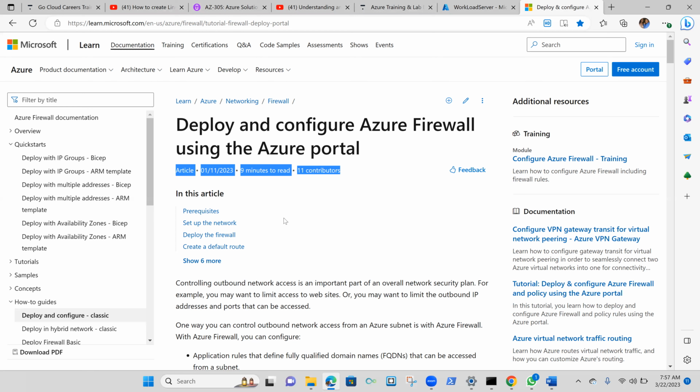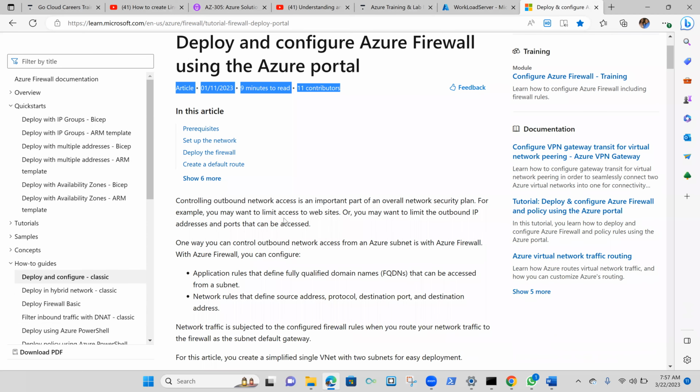Now that article here, if you follow it, you would not be able to configure the Azure firewall. The reason is simple: the portal has changed and a lot of things are not where they used to be. So this is why I would advise you to follow along with this video. But it's a good practice that you check the Microsoft Learn website, because usually